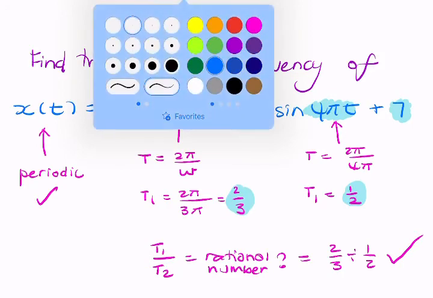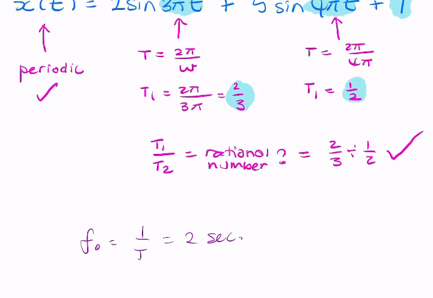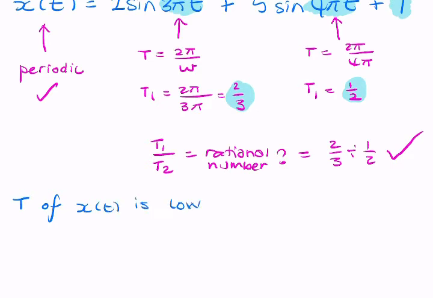You'll remember from our first lecture, we said that when you add two periodic waveforms, and if their periods have a rational ratio, then the period of the sum will be the lowest common multiple of T1 and T2. So T of x of t is the lowest common multiple